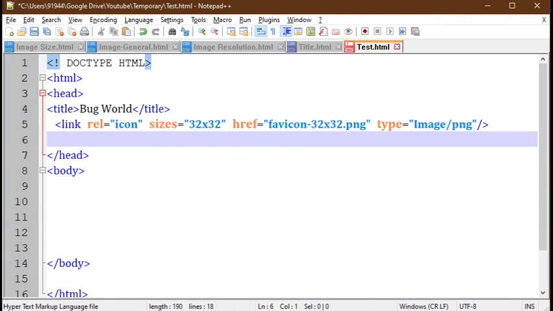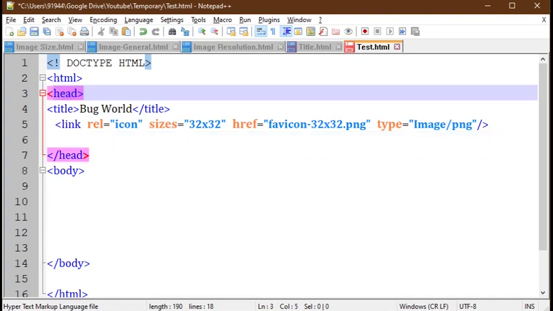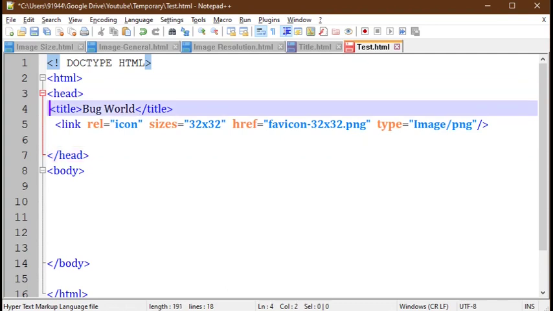Just copy it and paste it in the folder where you want it. Next step is you have to add the code in your HTML page. That code you always have to add in the head section only, that is in between the head open tag and head close tag. First I am adding the title of my web page. It is Bug World, and again I am adding the icon for my web page.